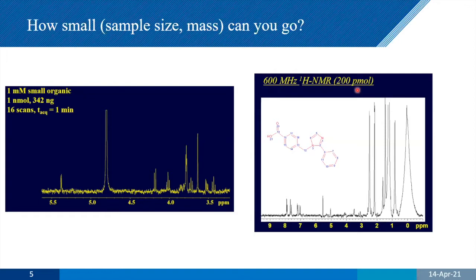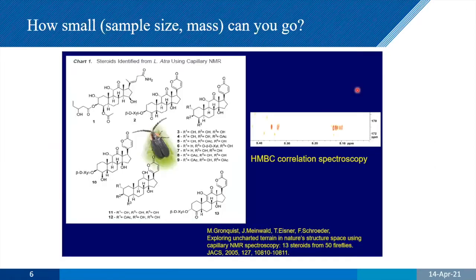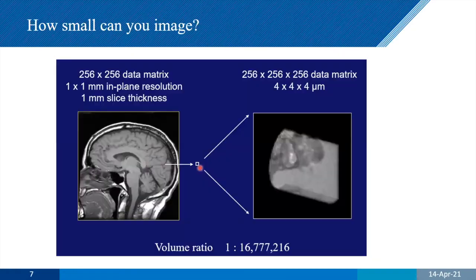And then you give this to the biochemists, and what they're interested in is natural products at very, very low concentrations, very low amounts. So here's one example where people here were looking at fireflies and looking at steroids coming from 1 or 2 fireflies. So very, very mass limited samples. So that's one way that we can use very high field MR.